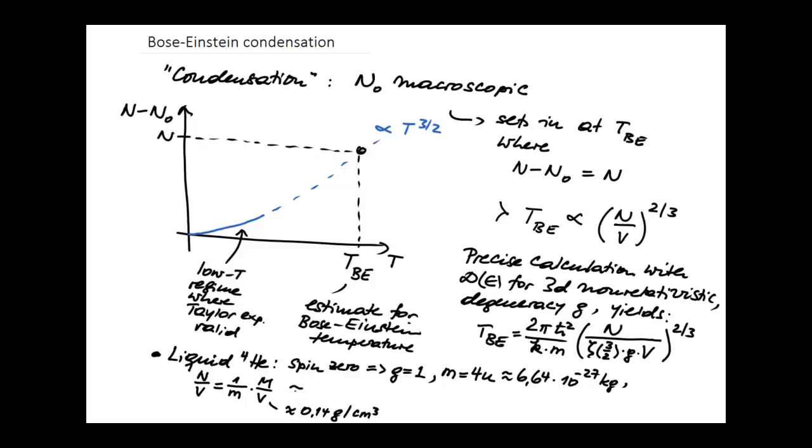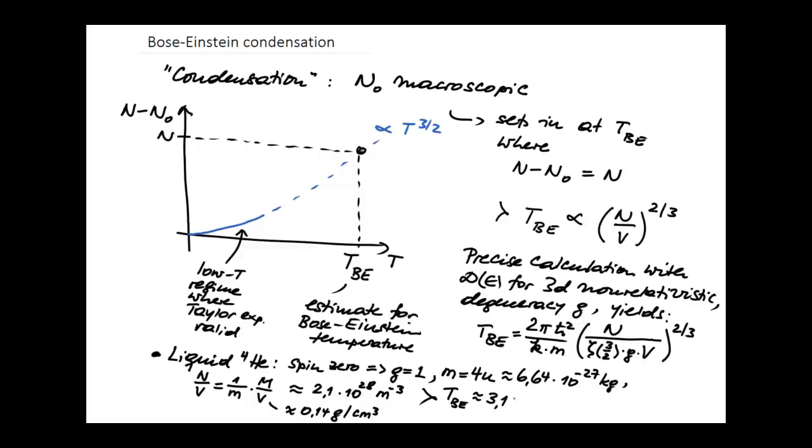So this translates into a particle density of the order 2.1 times 10 to the 28 particles per cubic meter. These are just some experimental, empirical values for liquid helium. And you can insert these values into the formula above that we have for the Bose-Einstein temperature. And you find with this formula a Bose-Einstein temperature